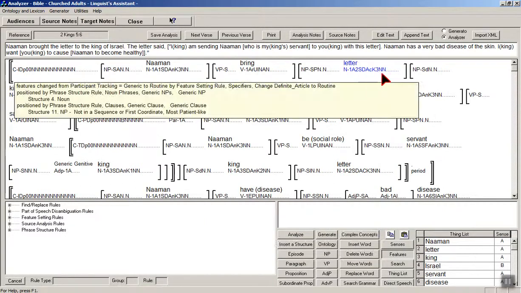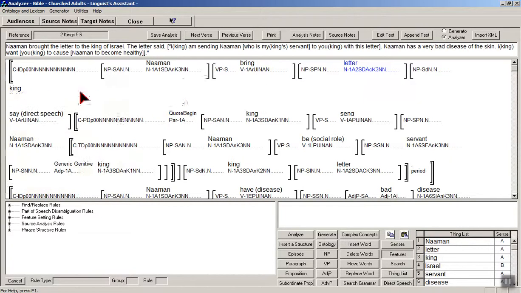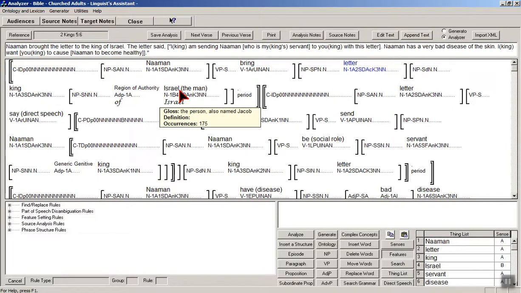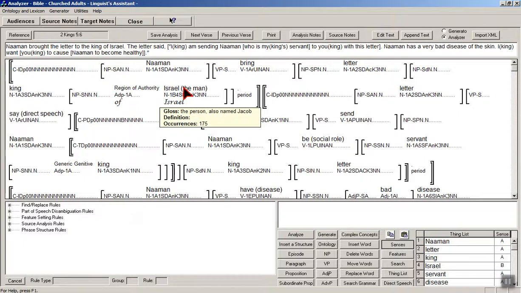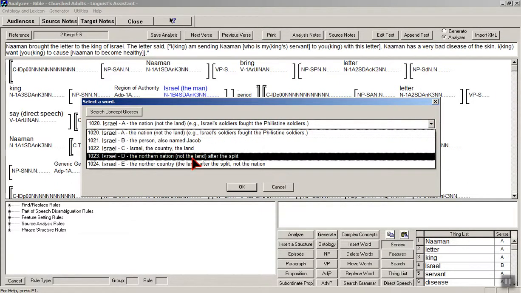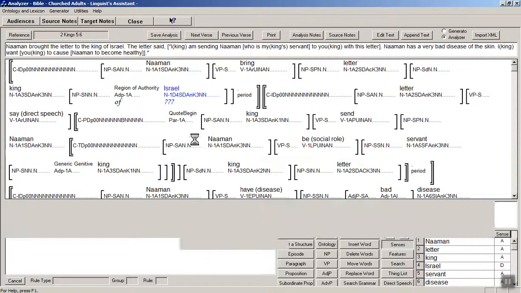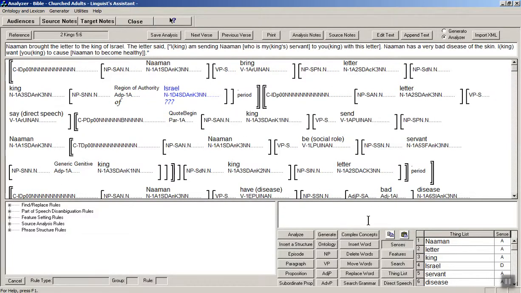Brought that letter to the king of Israel. Okay, so it says Israel the man. So we want to click on senses down there and change it to the northern nation. That's sense D after the split. And instead of region of authority, which refers to